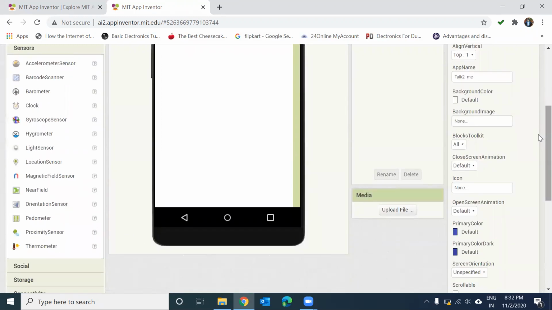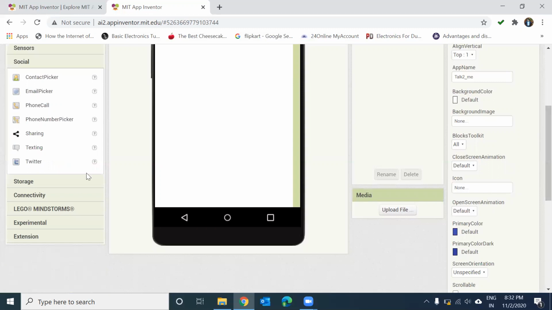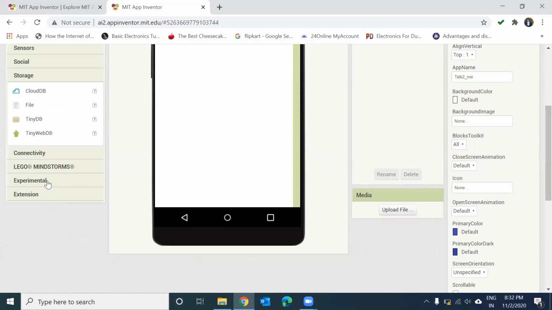We can use all the sensors and make very interesting Android applications. There are social components, so you can even connect your Facebook, Twitter and so on. For storage, we have different databases here, such as cloud database and tiny database.